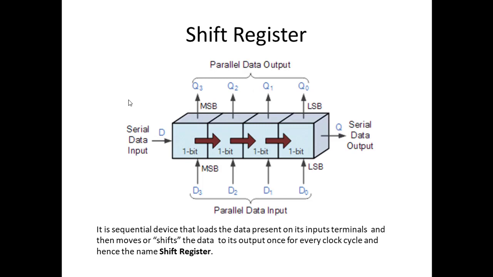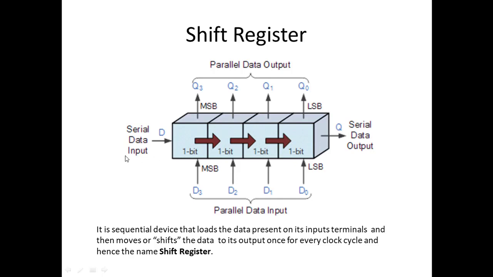And this is a general block diagram of a shift register. If you look here, all 4 types of shift registers are given in this block diagram. Look at D and Q, where D is the serial data input and Q is the serial data output. The direction of data bit movement is from left to right. It is shifting right by 1 bit position.